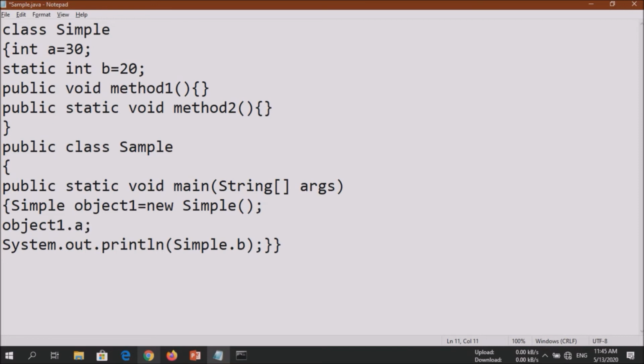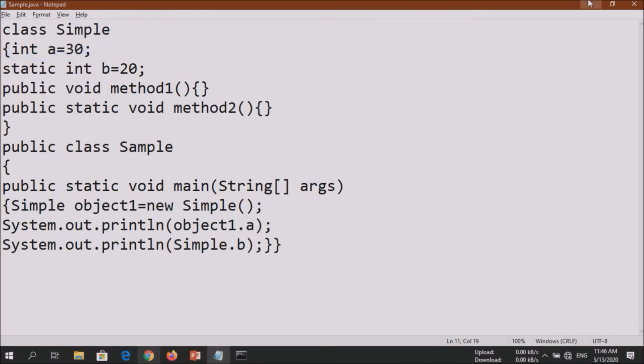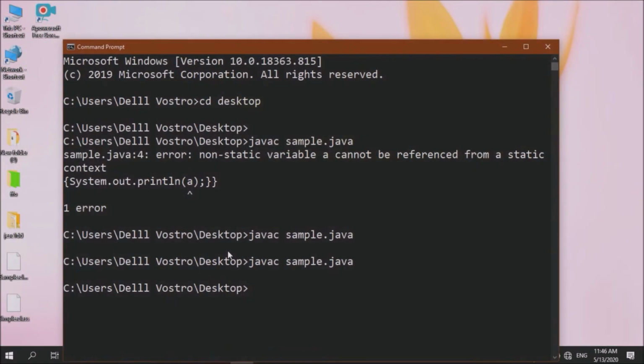Okay, now let us write it like this: system dot out dot println. Okay, now let's save it and have a look. Is there any error or not? So there is no error.